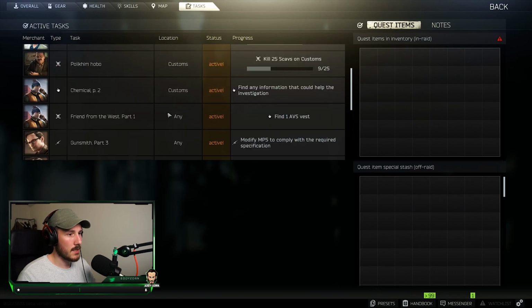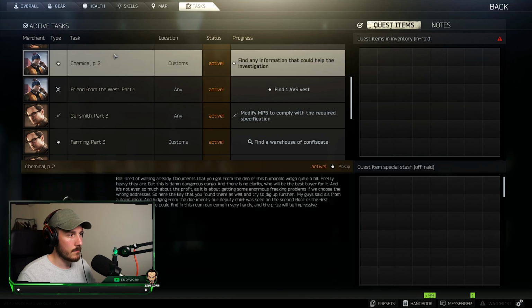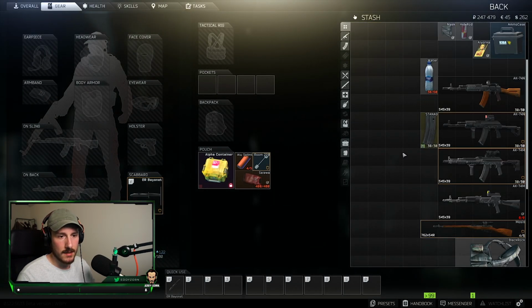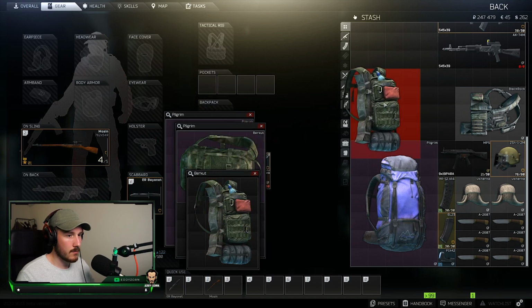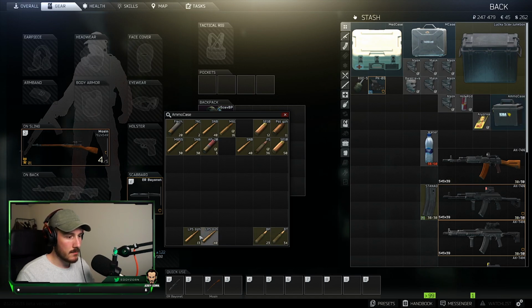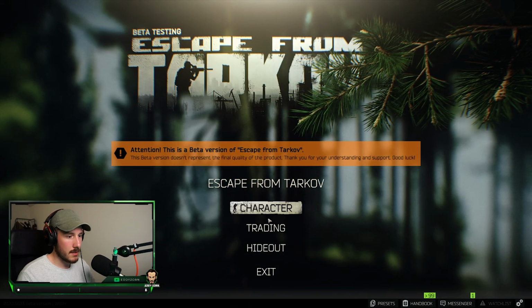But yeah, now the, where is it? Yeah, Chemical Part 2. So that's completely negated now. It's kind of sad. Then again, what can you do? We could just go back in with a Mosin, so kind of the same thing. All we would need is,